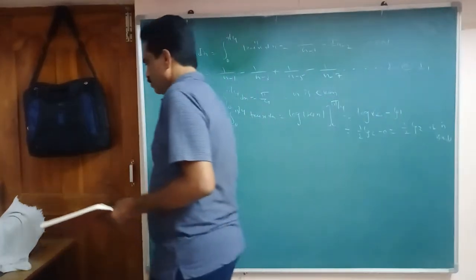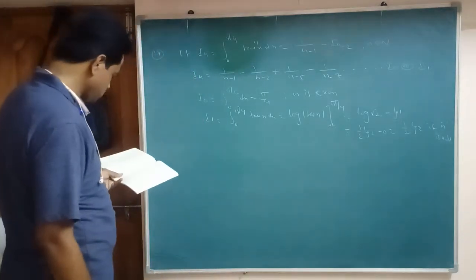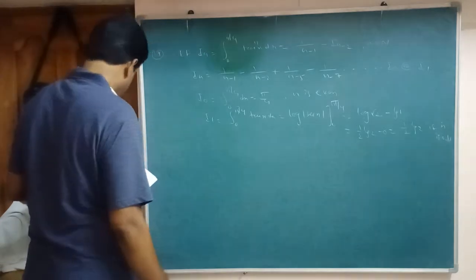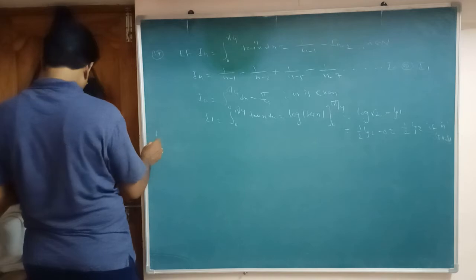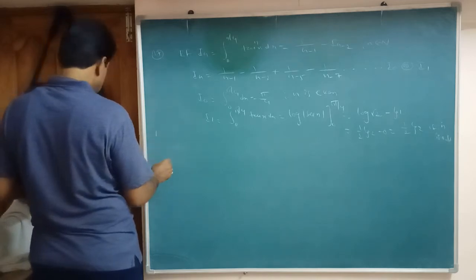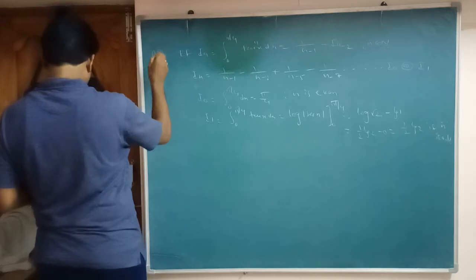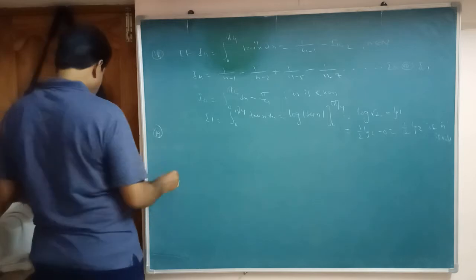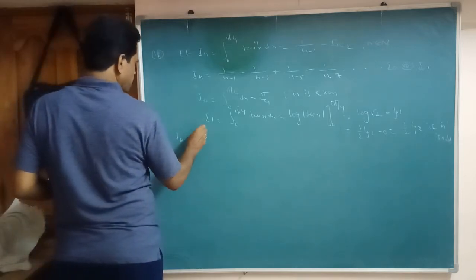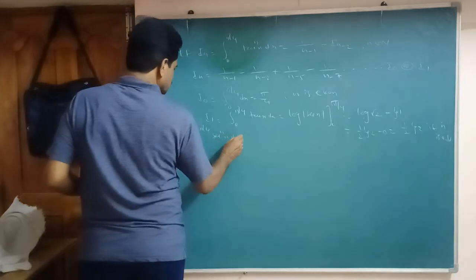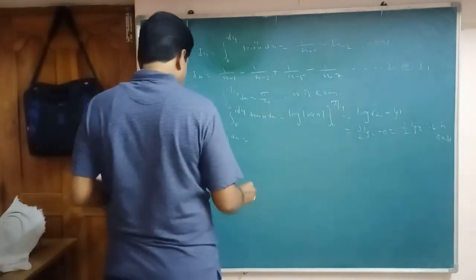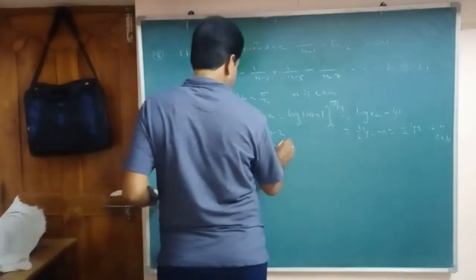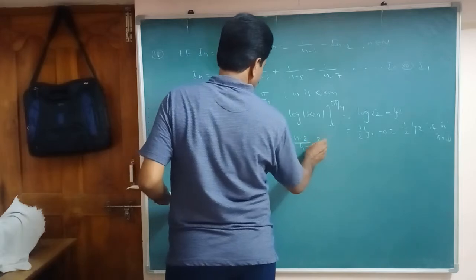Okay, you remember these formulas. Based on these formulas, they ask the problems also. Next one, 18th one. This is the 19th. Integral I n equal to integral 0 to pi by 4 secant power n x dx equal to root 2 power n minus 2 by n minus 1 plus n minus 2 by n minus 1 into I n minus 2.